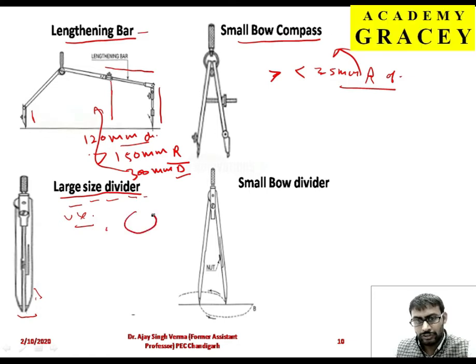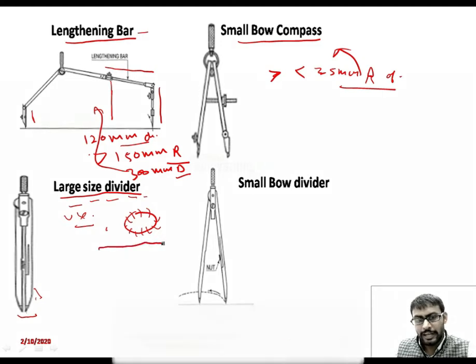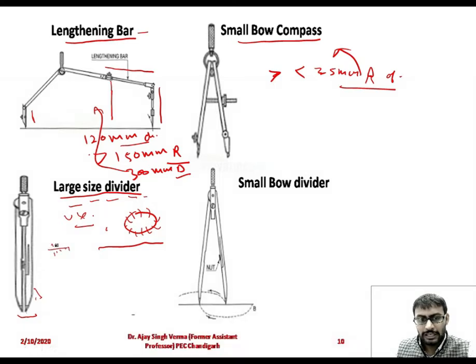For example, this is a circle and this is a curved line. When we divide, we have to divide this curve into equal parts. With the help of this divider, we can mark it, and we can divide this arc into equal parts. Similarly, if we have a straight line, from the scale we measure 5 mm, so we can divide this line into equal parts of 5 mm, like this. Next, its use is to transfer the dimensions from one part of the drawing to another part.